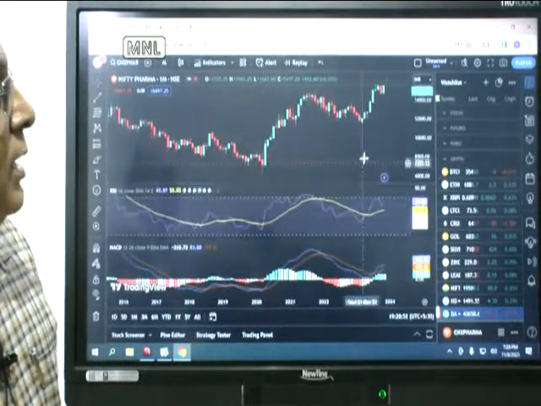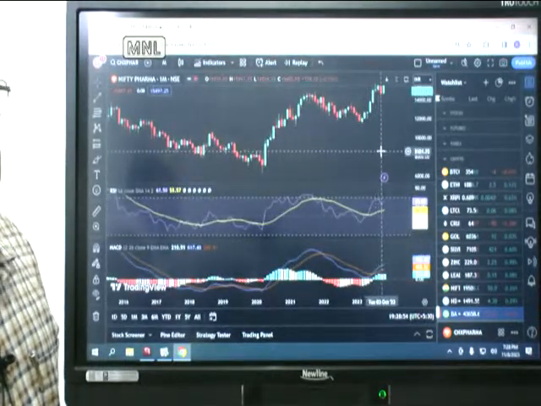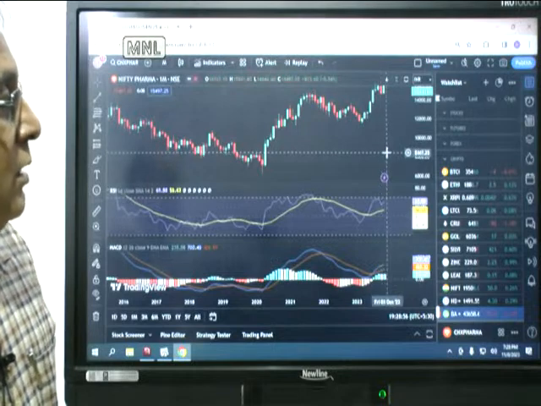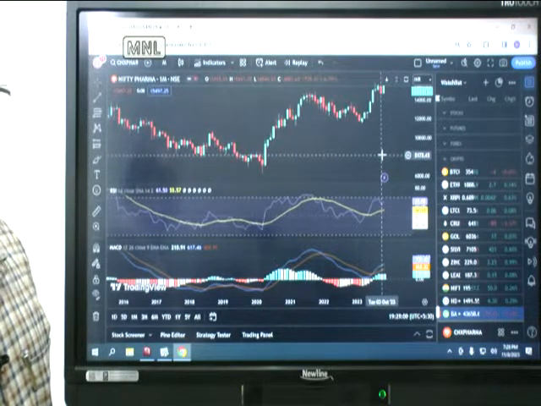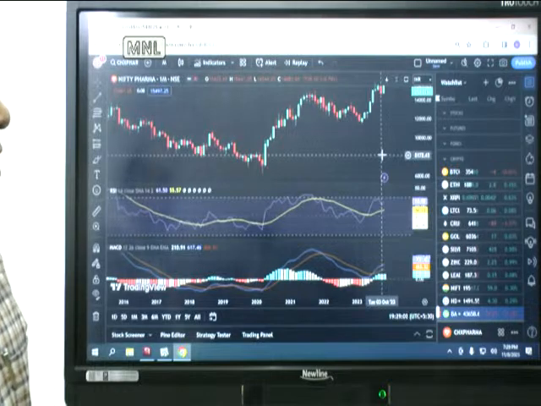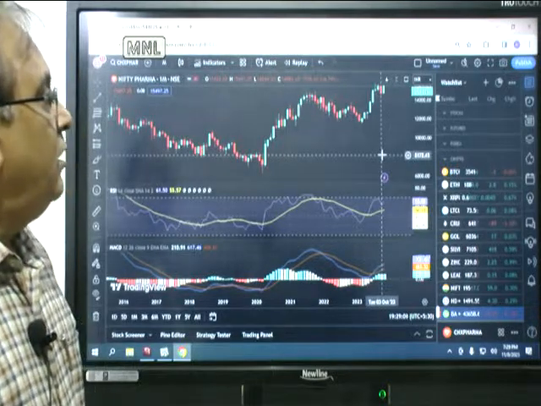So Nifty Pharma has not broken its 3 months low. Just look at it. It has started to move above 15,541. Since it has started to move above this, we should be quite